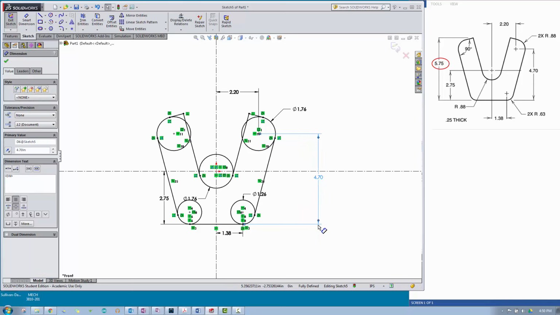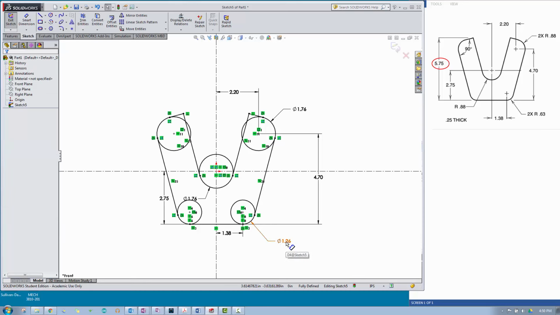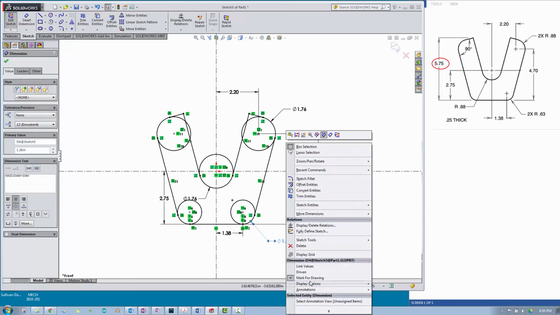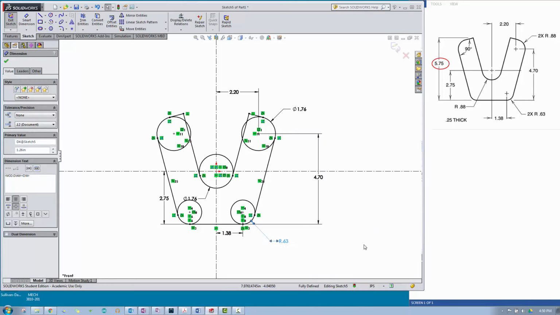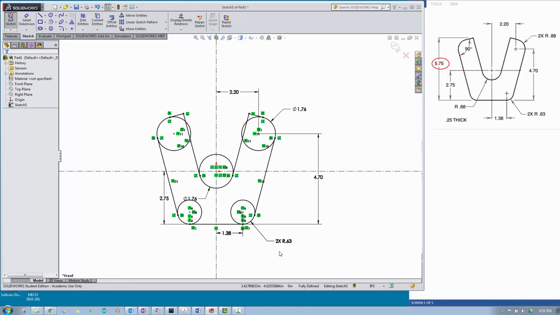So here's our 4.7. Here is, well, it's not 2 times radius 0.63, but I can fix that if I want to. I could right click, and under display options I can display it as a radius. If I wanted to, I could change how it's related over here, but we typically don't do this since we're making our parts. But if I was inclined, over here on the dimensions text on the left hand side, I could just enter in 2 x space, and that's just really for someone taking a look at our sketch,